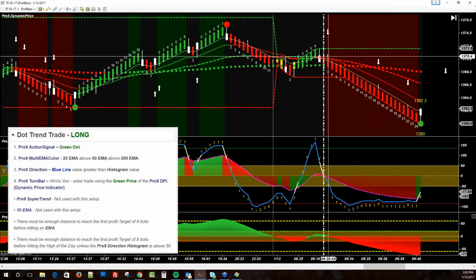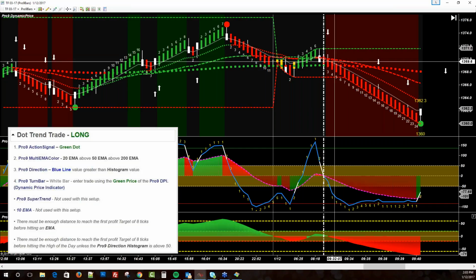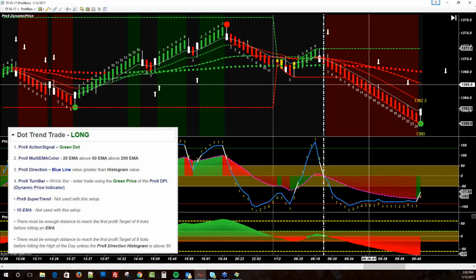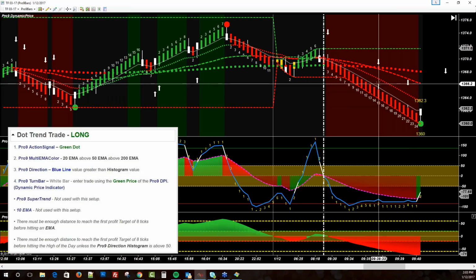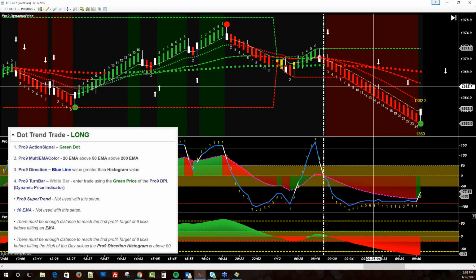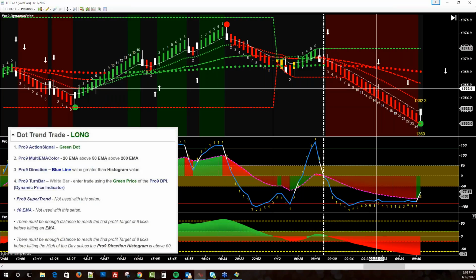And this is another great example of when widening to the DPI makes a lot of sense. And I just think it makes a lot of sense in general. But as we can see, there are two wicks here that would have stopped us out. And we would have avoided those if we're trailing at the DPI price rather than the high of the previous bar. Now in this case, if we were trailing at the high of the previous bar, we can get in on a momentum